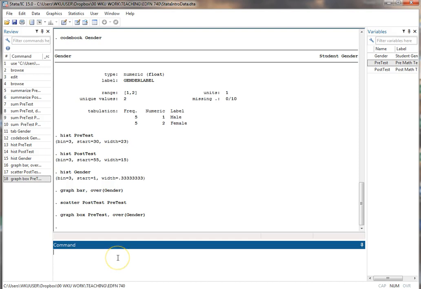Before I finish this video, I want to show you one more command that is often useful for summary statistics. It's a little more complicated, but it allows you to customize a little bit more what you find. The command is tabstat. Tabstat allows you to specifically list which statistics you want to show. So let's just do it here for post-test. Tabstat post-test, comma. We're going to now give it the options, and I'm going to say stat, and in parentheses,